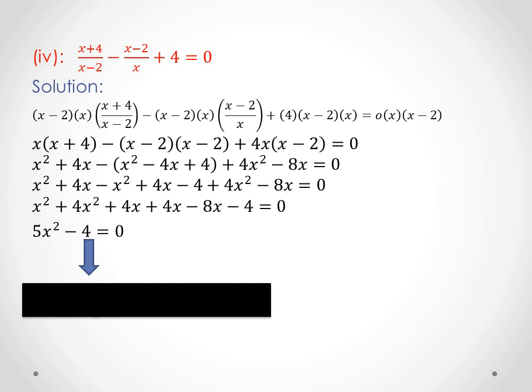In the next step, we will arrange all the like terms together, and after arranging all the like terms together, we will do addition and subtraction in the same way as explained before. We have the answer 5x square minus 4. So again, remembering what is the pure quadratic equation, where b is equal to 0. Here we cannot see any digit involving the variable x. So this would be the pure quadratic form.